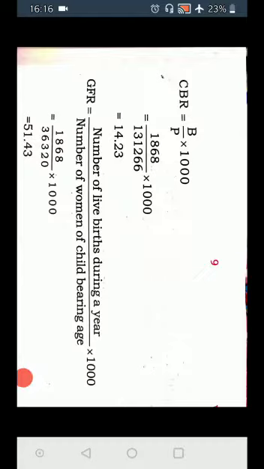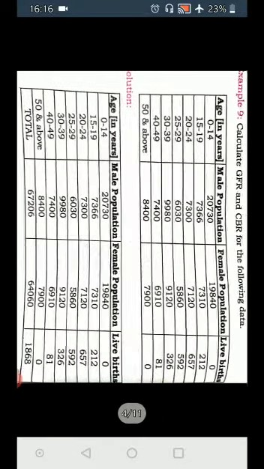Now let us see what is general fertility rate. Now see, general fertility rate, what does it say? Number of live births during a year divided by number of women of childbearing age. Now in this example, you are going to take only the female population from 15 to 49. That is from 15 to 19, 20 to 24, 25 to 29, 30 to 39, 40 to 49. And what are those values? The first one, from 15 to 19, is 7,310,